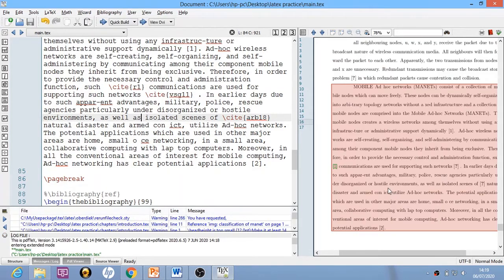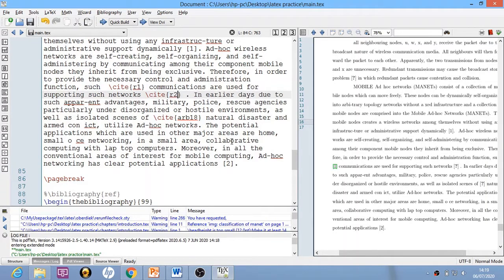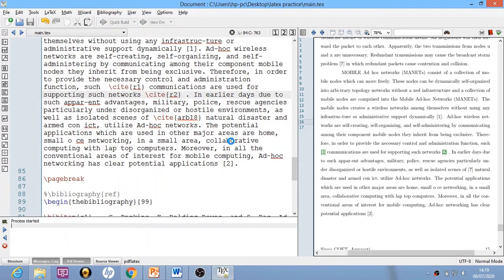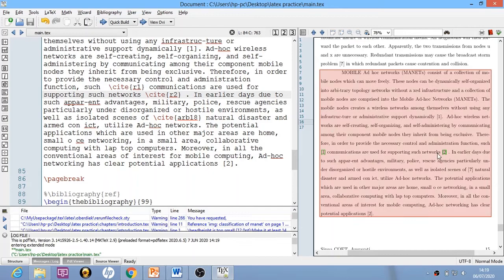Okay, so you will see that reference number 1 appears over here. Similarly, you can cite reference number 2. Over here I will write R2, save it and compile it twice. Then you will see reference number 2 appear over here.